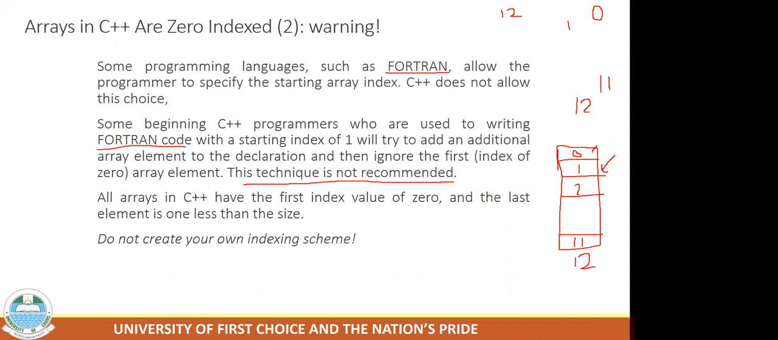Okay, so all arrays in C++ have the first index value